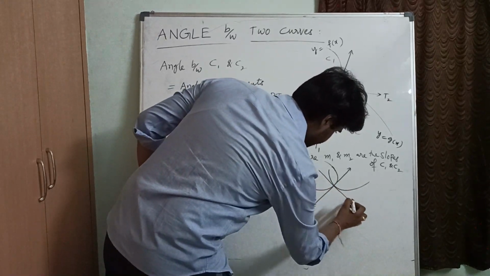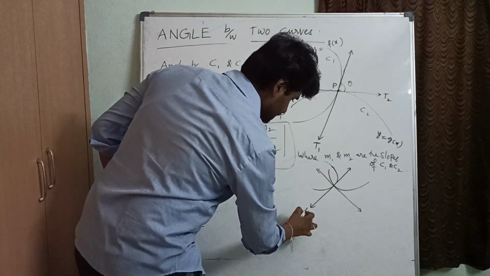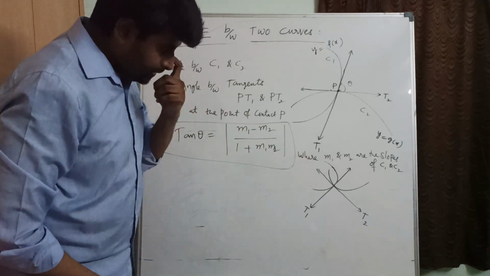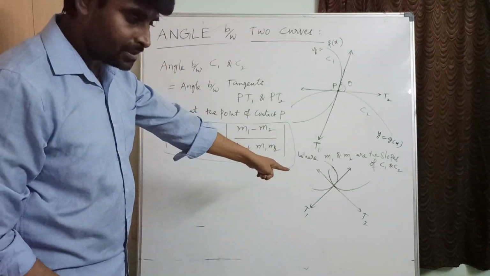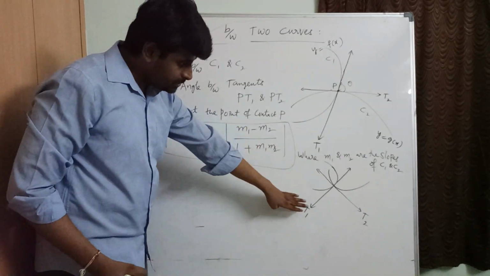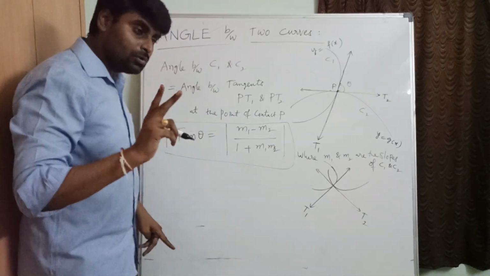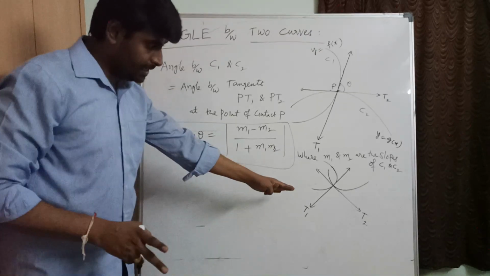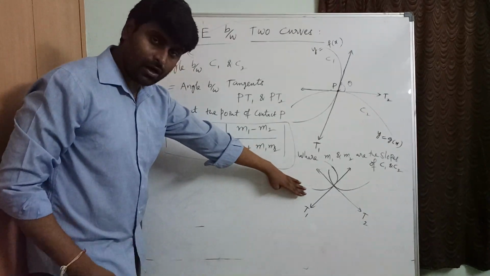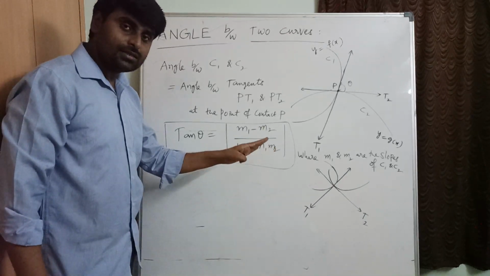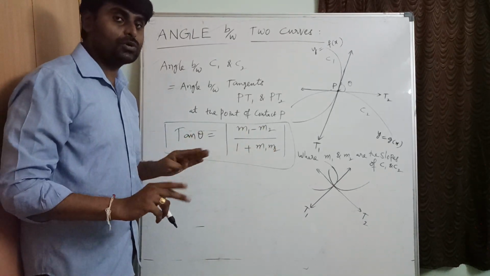To the second curve, if you draw, this is tangent 1, this is tangent 2. If you see, are these tangents perpendicular? Correct? So two tangents for the given curves are perpendicular. So whenever two tangents for the given curves are perpendicular, then we say the curves are said to be orthogonal.